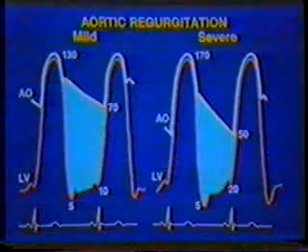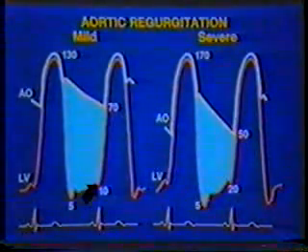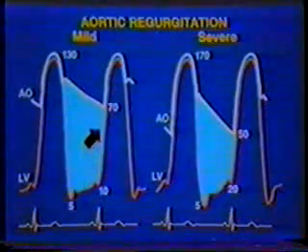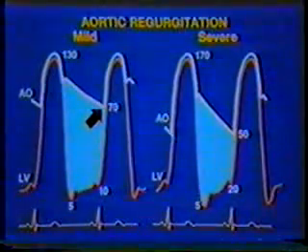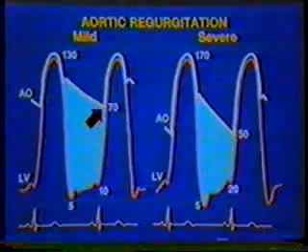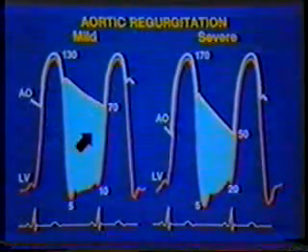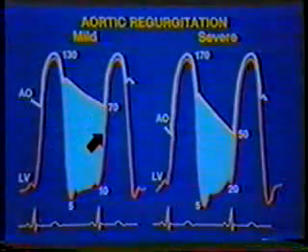With mild aortic regurgitation, the left ventricular end diastolic pressure is normal. The pressure gradient between aorta and left ventricle at end diastole is still quite large. This means that the rate of change in the pressure gradient is small, and we would expect a prolonged pressure